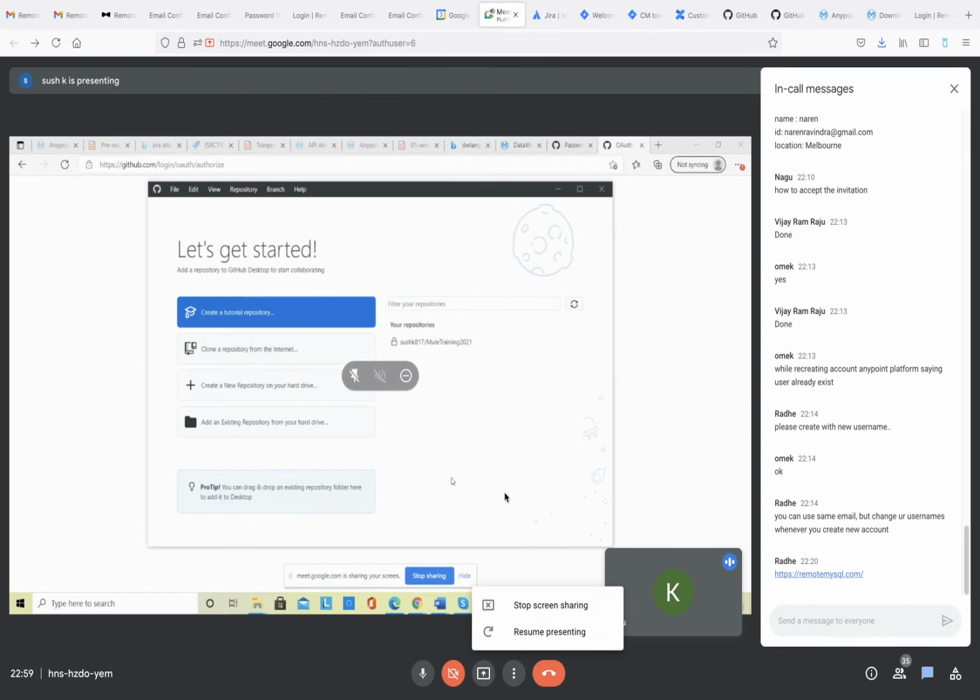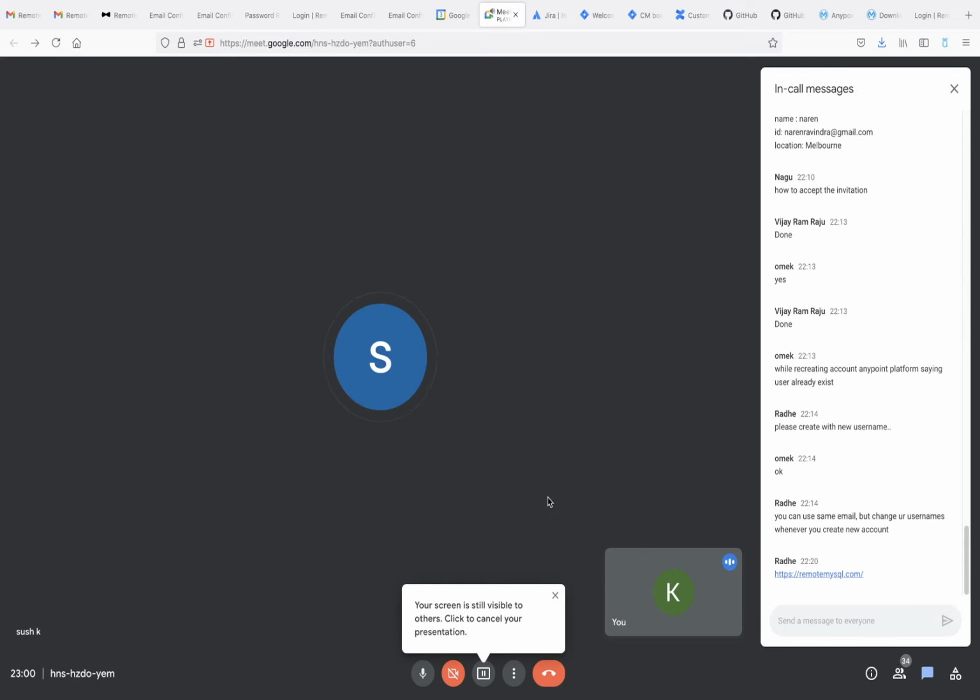So you can add two email IDs there. So first, you need to stop sharing. Yes, till this point everything is fine. Okay. We are connecting with Gmail. Okay, share your screen.